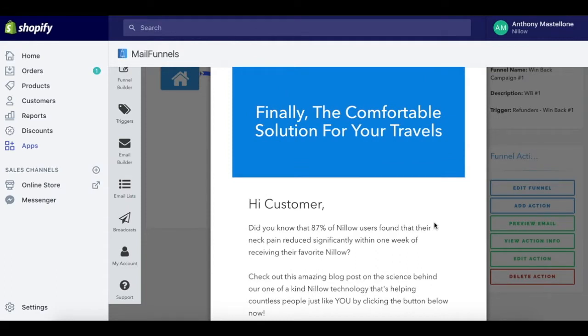So what we're doing here is trying to build rapport and reinstill the value of our product to our customers, and to make sure that they do feel like they're missing out on our products, and that by refunding our product, we still have more to offer. So we're trying to get them back on their good side. As you know, refunders are not the most happy customers. We want to satisfy them, and we want to make sure that they are coming back to our store to